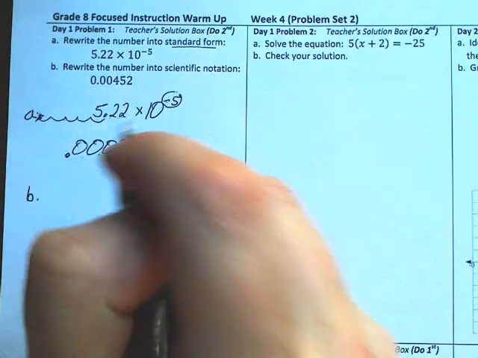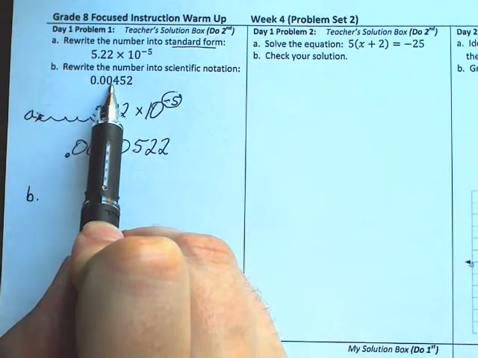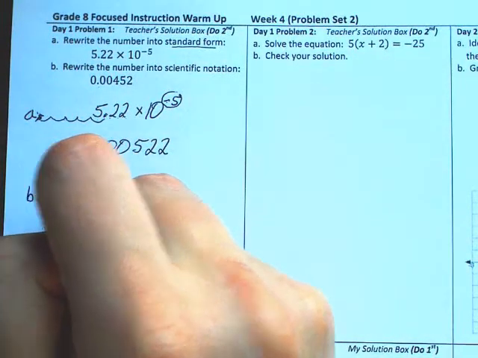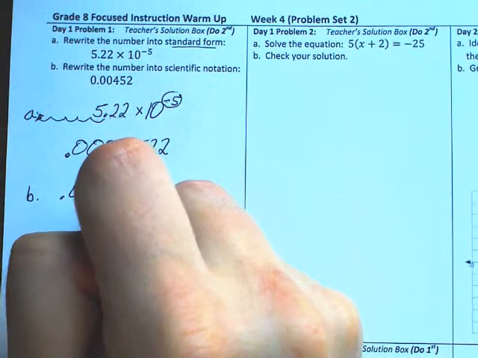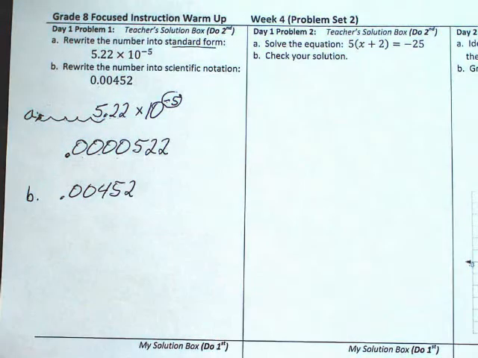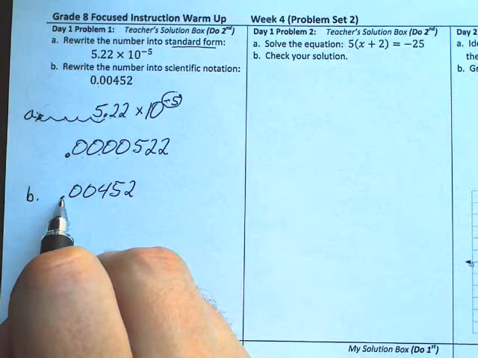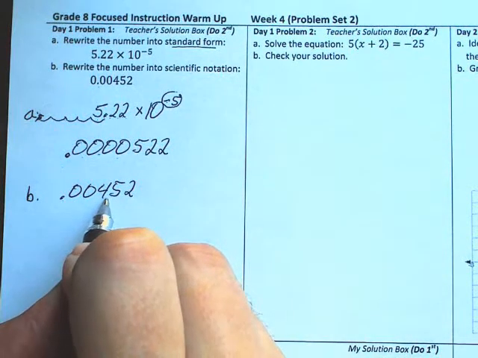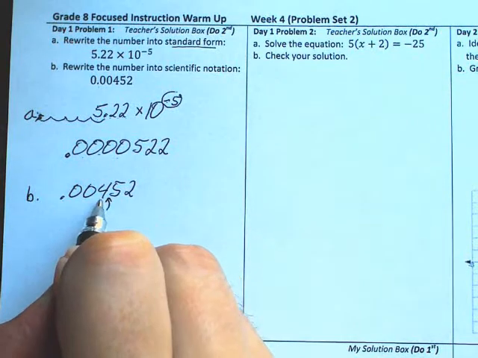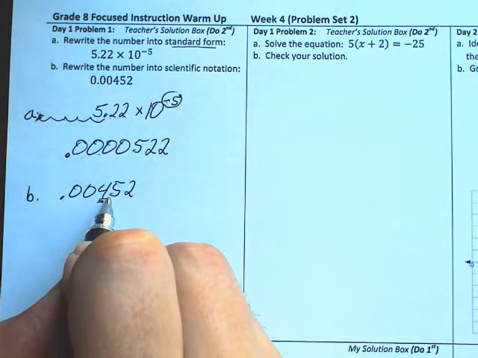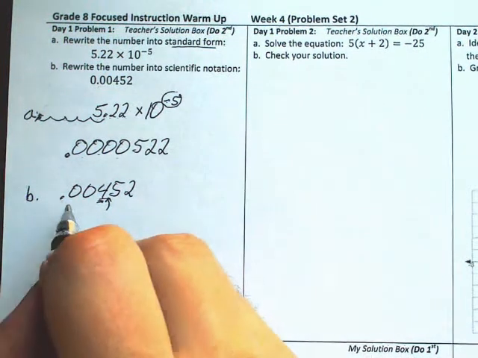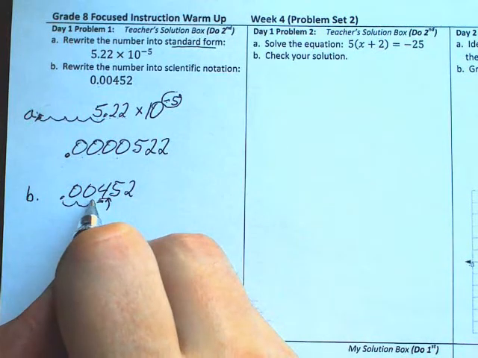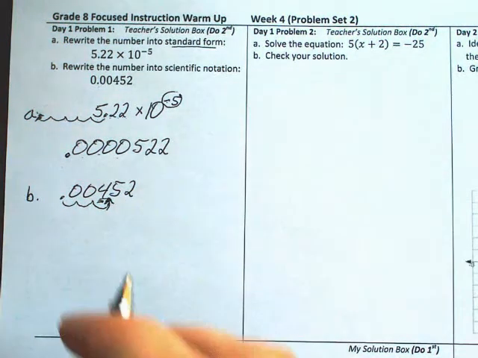Now part B. This time we are given a standard number and asked to change it to scientific notation. And so here is the number, 0.00452. To change this to scientific notation involves moving the decimal point so that there is one non-zero digit in front of the dot. So I'd like to move the dot right there so that the digit 4 is to the left of that dot. To do that is going to mean that the dot will need to move 1, 2, 3 positions, and that will create the number